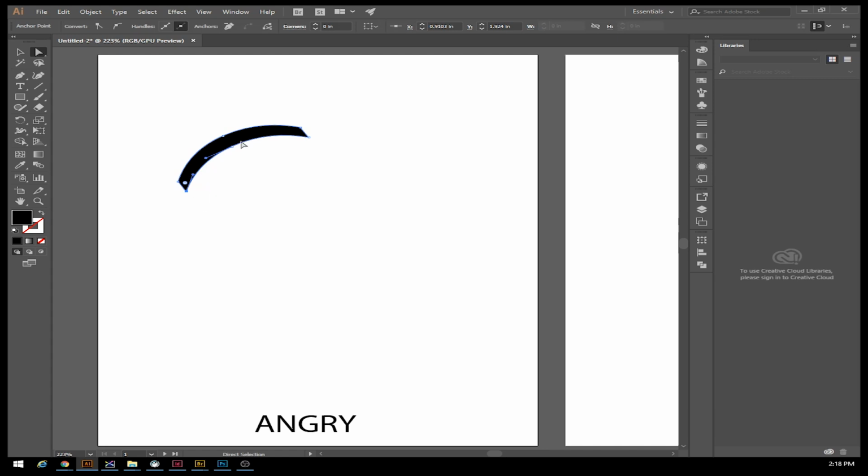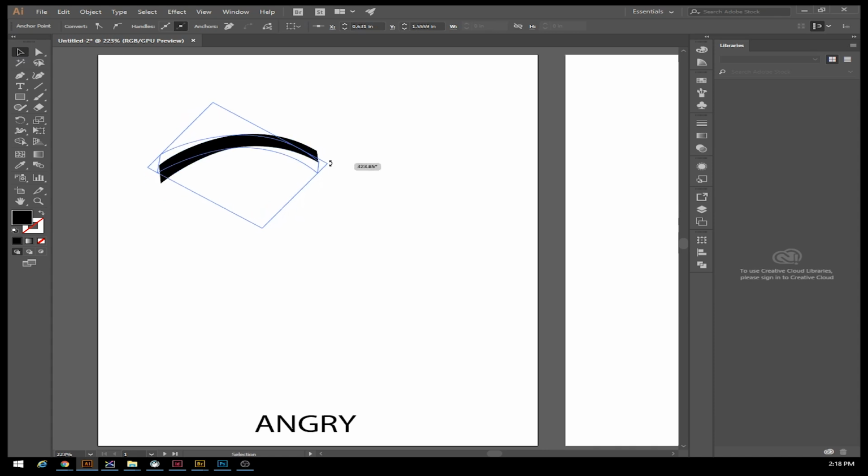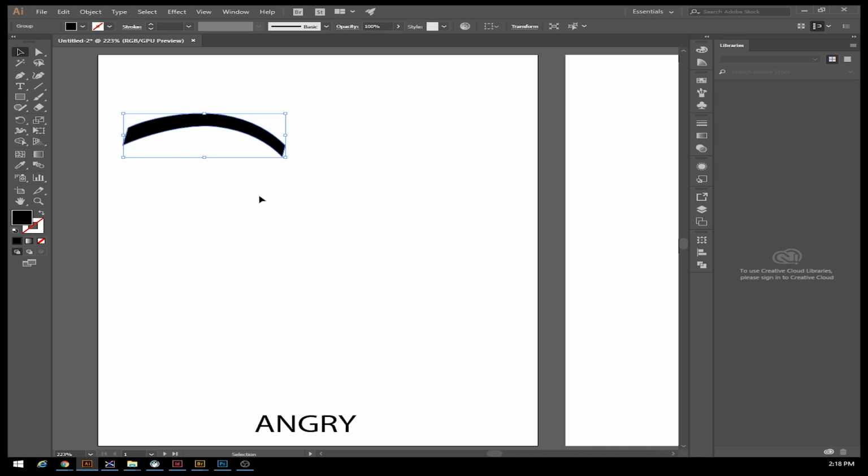I click one time to select it, and the second click starts to bend this. So I can kind of tweak these characters to make them look a little bit different. Then I would go back to the selection tool again. I can still rotate it. I can do all kinds of creative things with it, kind of making my own custom characters. So in this case, I have one bracket going this way, and I'm going to want another bracket on the